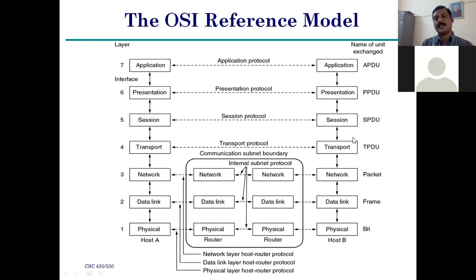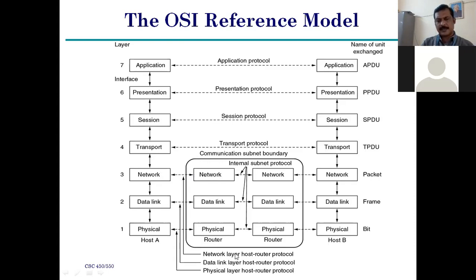In between the sender and receiver, there is a subnetwork part. This part works under the network basis, so that's why it is a communication boundary or communication subnetwork. This communication subnetwork also establishes connections between the sender and receiver. At the same time there is a sender side connection and a subnet side connection. That connection is also known as a network. This is the network, and this is the sender side network.